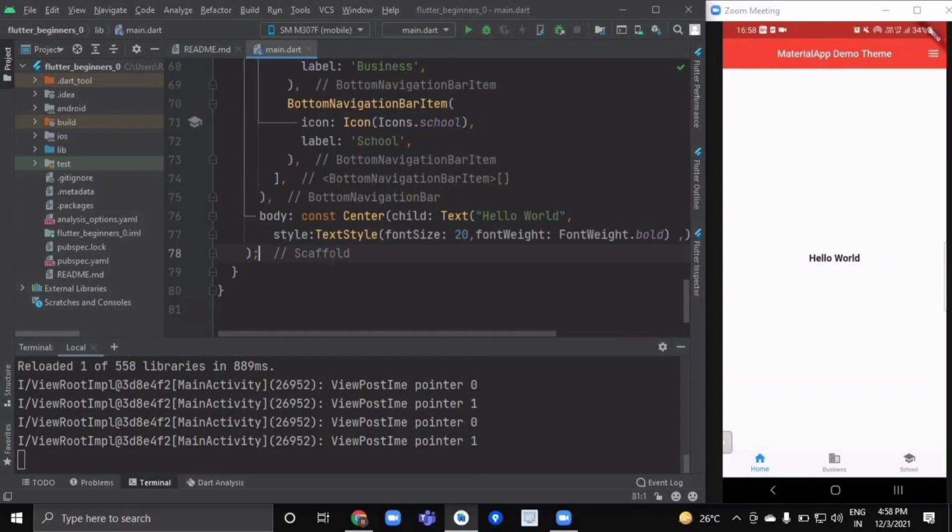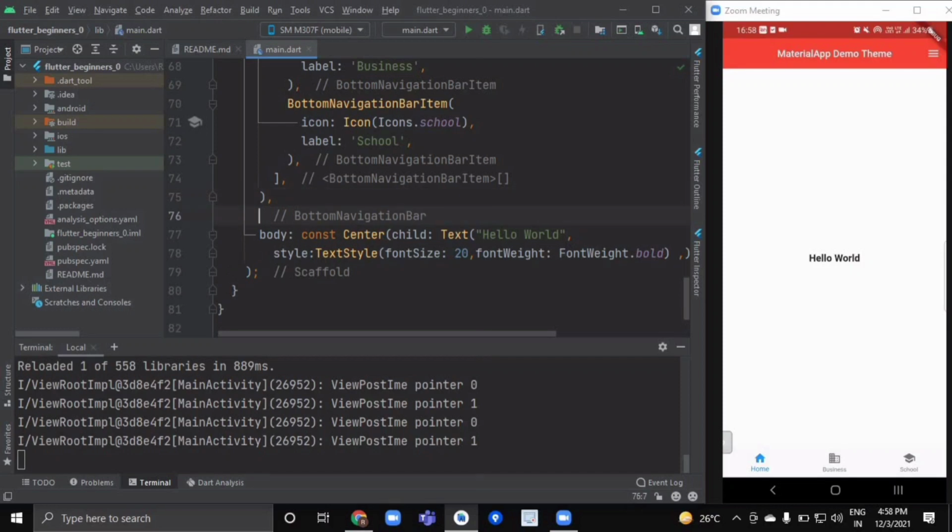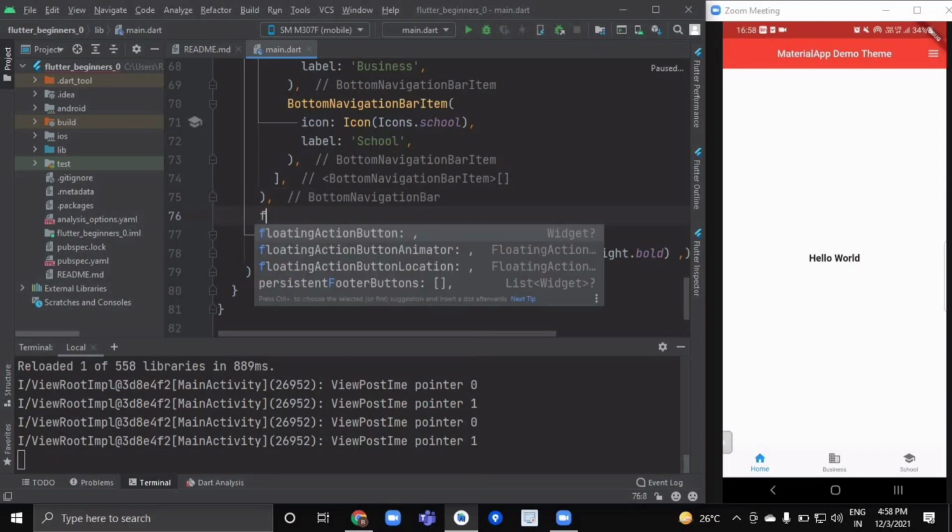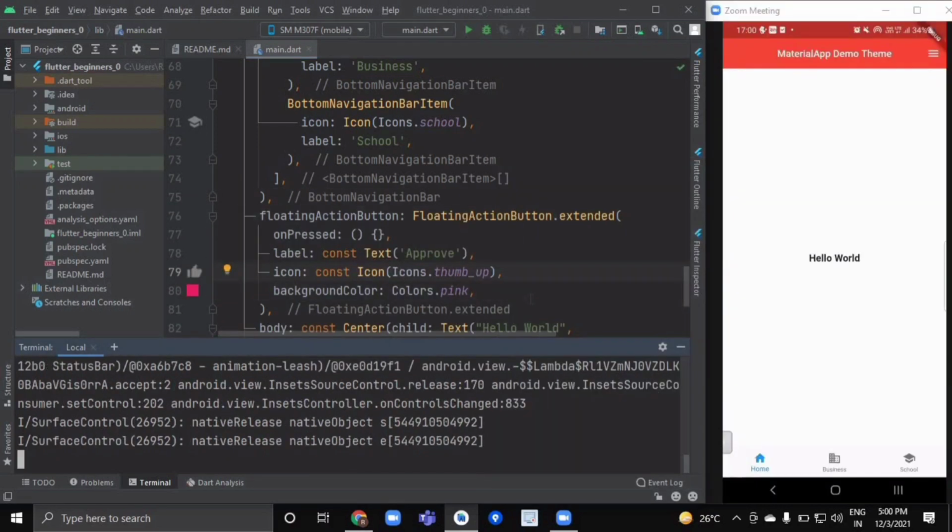Now last but not the least, this is one of my most favorite and most important attributes of scaffold, which is a floating action button, or you can say fab button. Now this floating action button dot extended means that generally when we use floating action buttons, we simply use some icons, but if you want to add some text with icons, then we use floating action button dot extended.